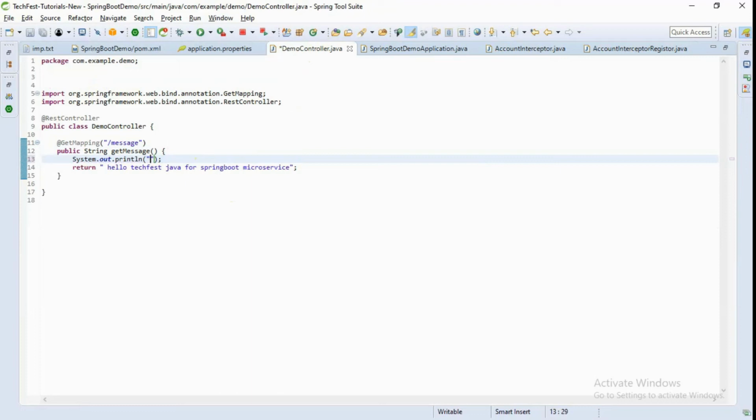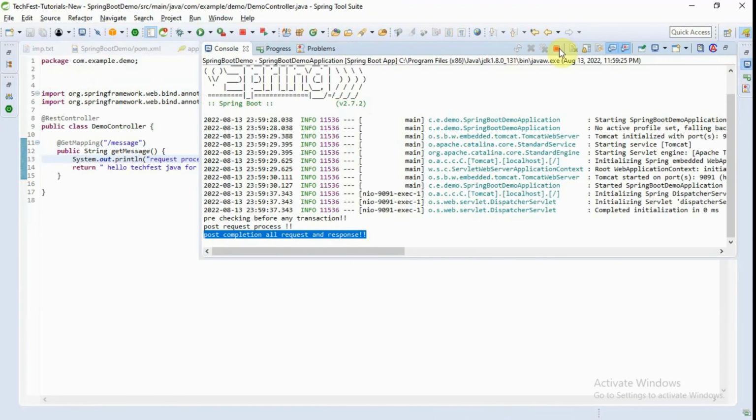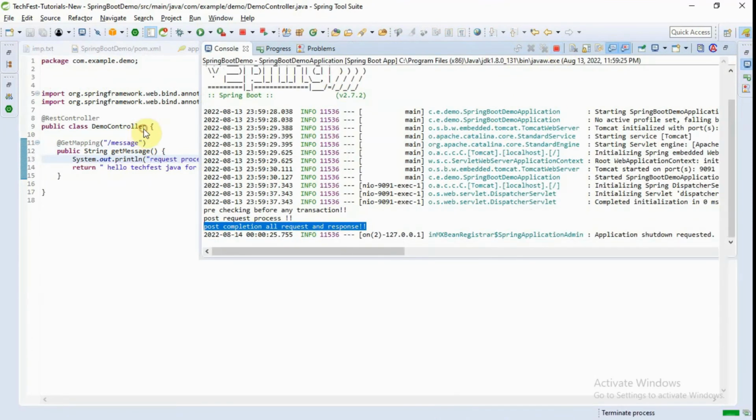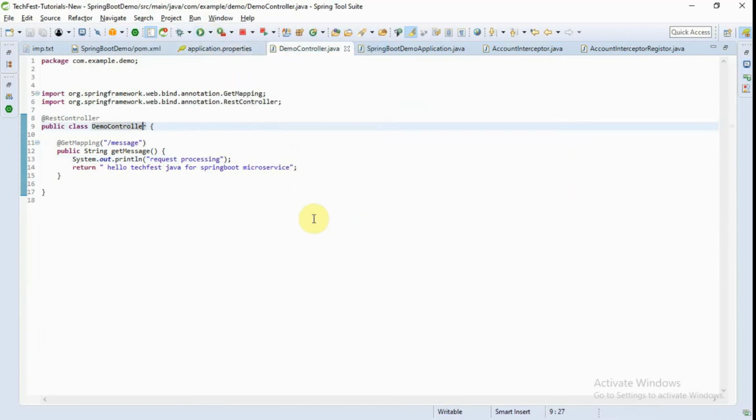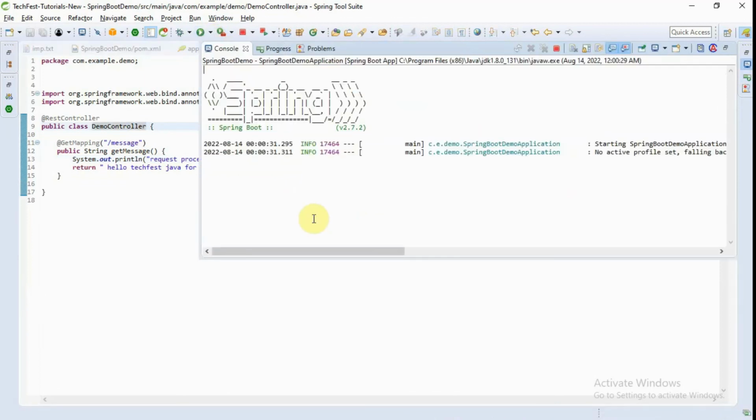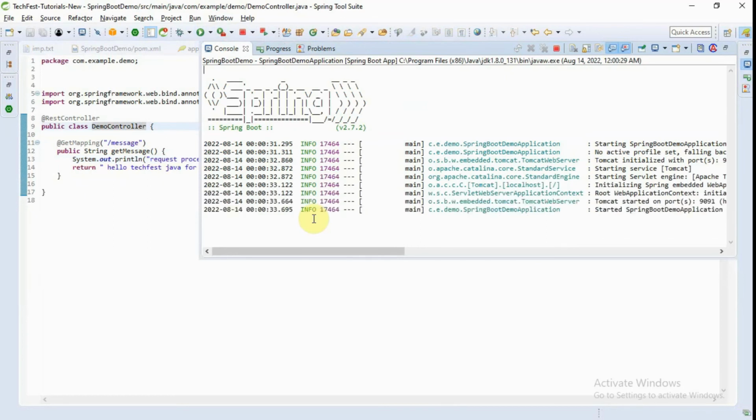So I'm doing request processing, and let's try to stop this and run this again. Okay, now if I'm going to hit again,